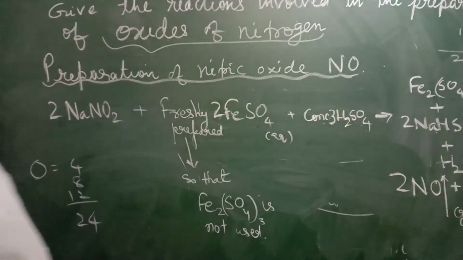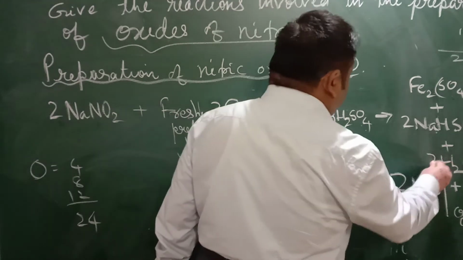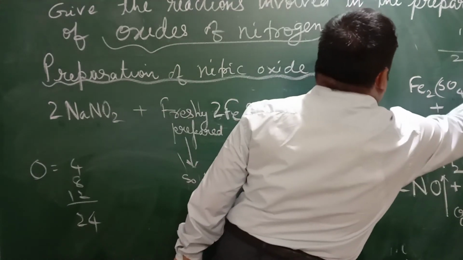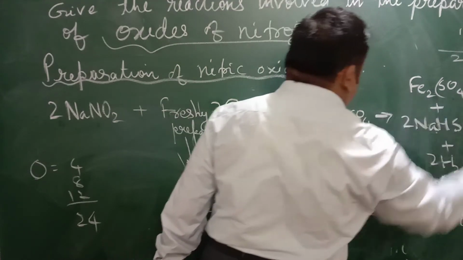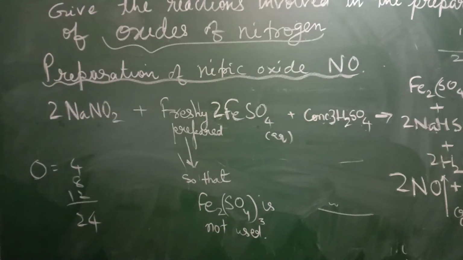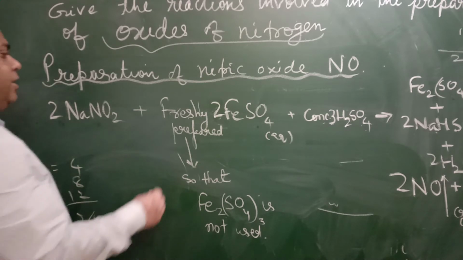Twenty-two oxygen atoms are there. So 2 oxygen atoms we have to increase, so we multiply this with 2. So in this way, if we balance the reaction on our own, we will not have to mug up the reaction. So this reaction is also used in the brown ring test of